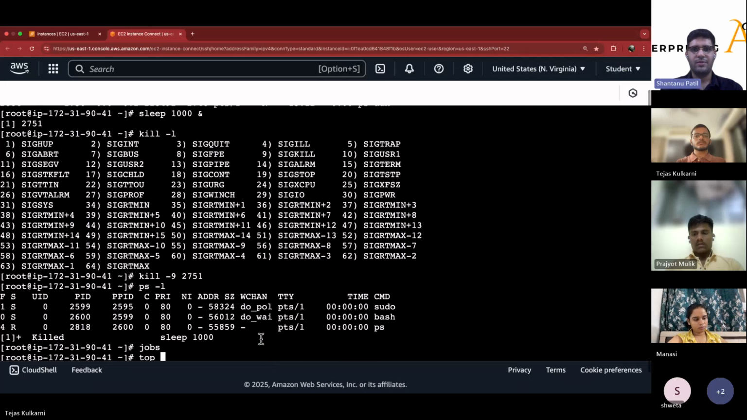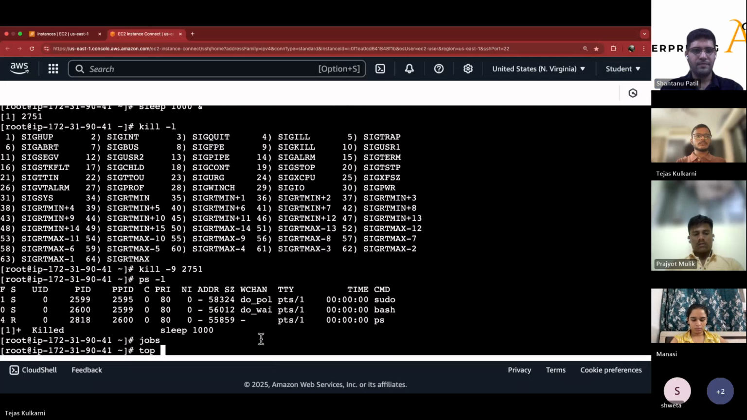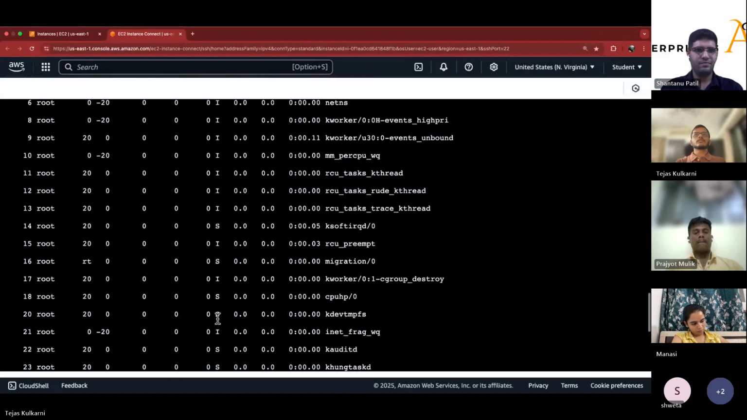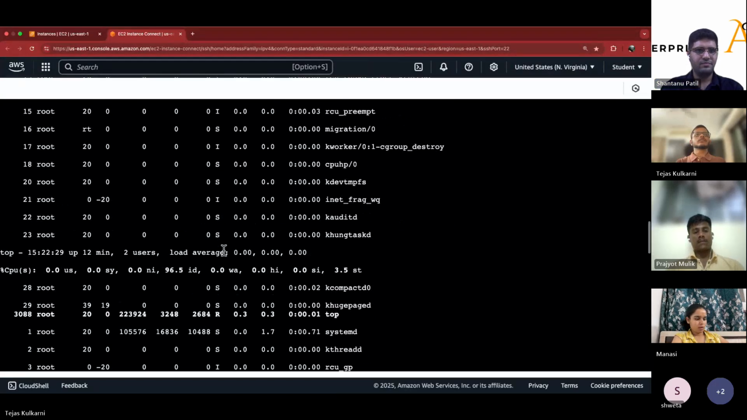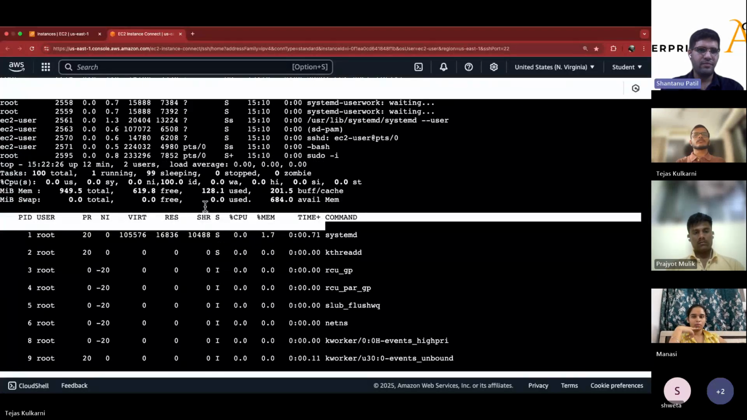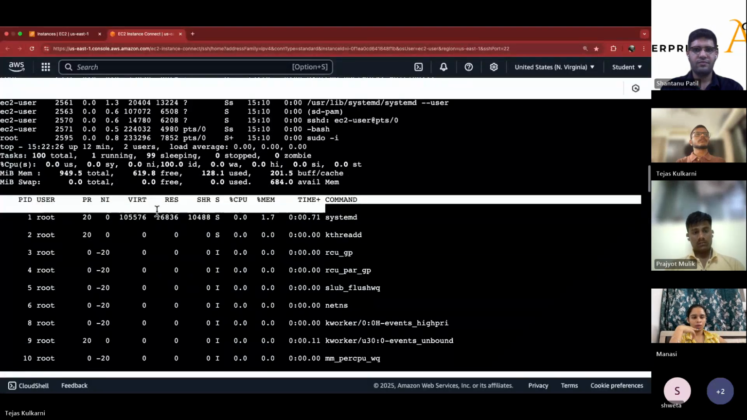Tejas, can you execute the command top? Okay, please scroll up. Okay, so